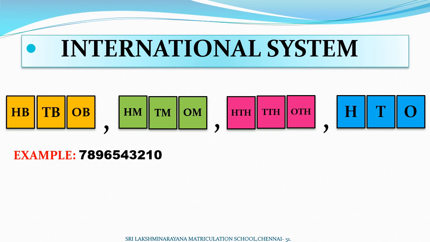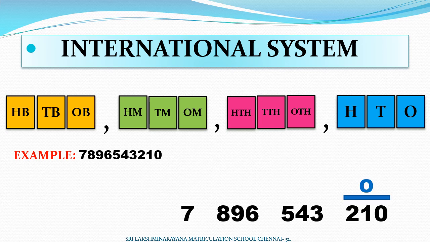These are the given digits. Now we will place these digits. Start from your right corner. The first 3 digits will be placed under ones period and the first comma will be placed before the ones period, and the second 3,